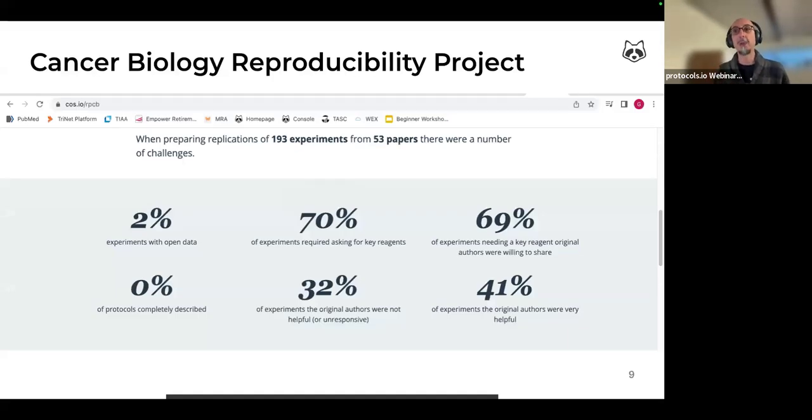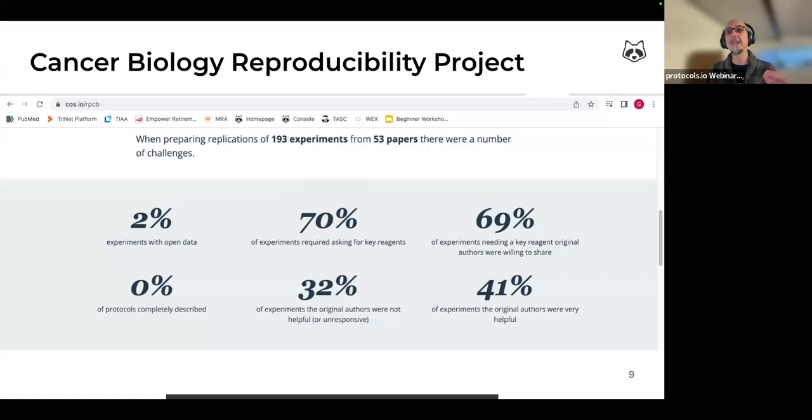As part of the background on why we created Protocols.io, we also like to talk about the Cancer Biology Reproducibility Project, which was a $1.5 million initiative coordinated by the Center for Open Science and by Science Exchange, with the goal of trying to independently replicate almost 200 experiments from about 50 high-profile papers on cancer biology.